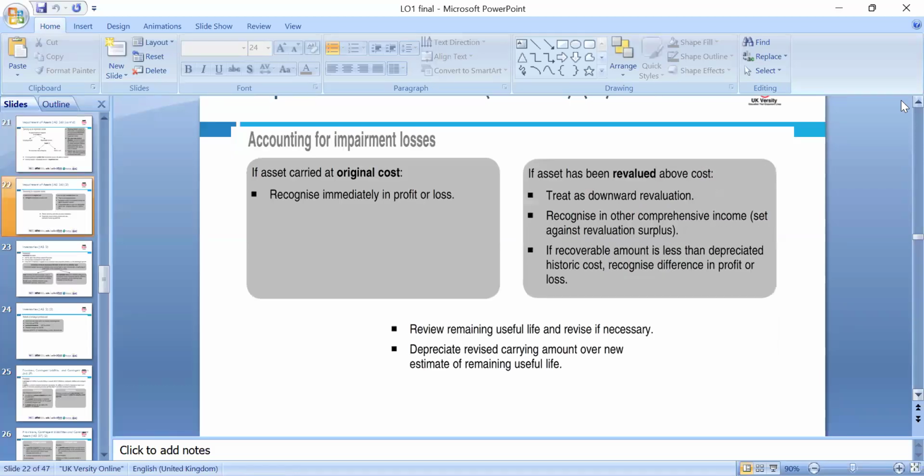Okay, accounting for impairment. If the asset is carried at the original cost, the loss is recognized immediately in profit and loss. If the asset is revalued, a downward revaluation is recognized in other comprehensive income against the revaluation surplus. The carrying amount is less than the depreciated historical cost, and we look at significant profits or losses in the